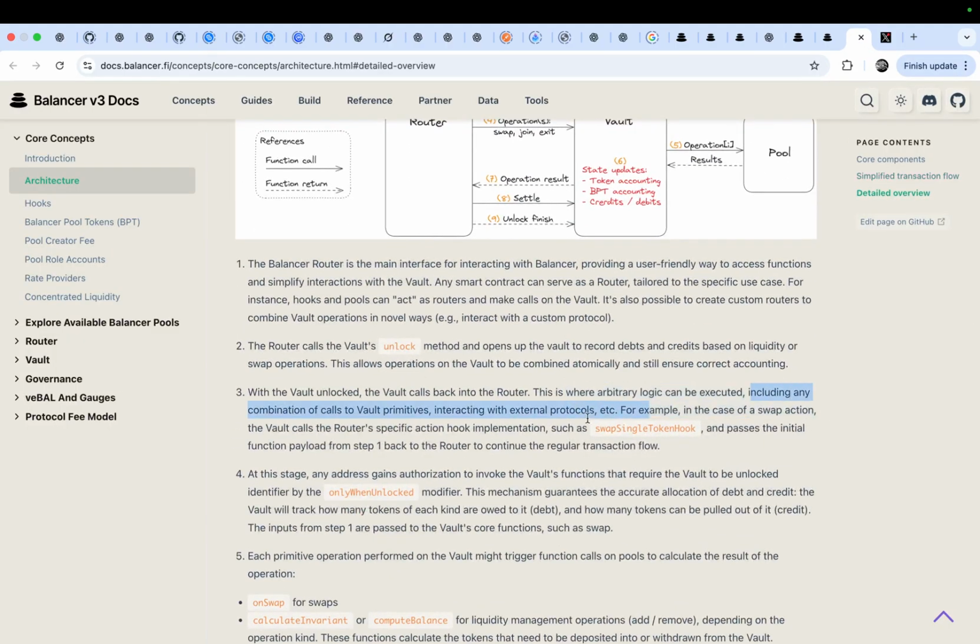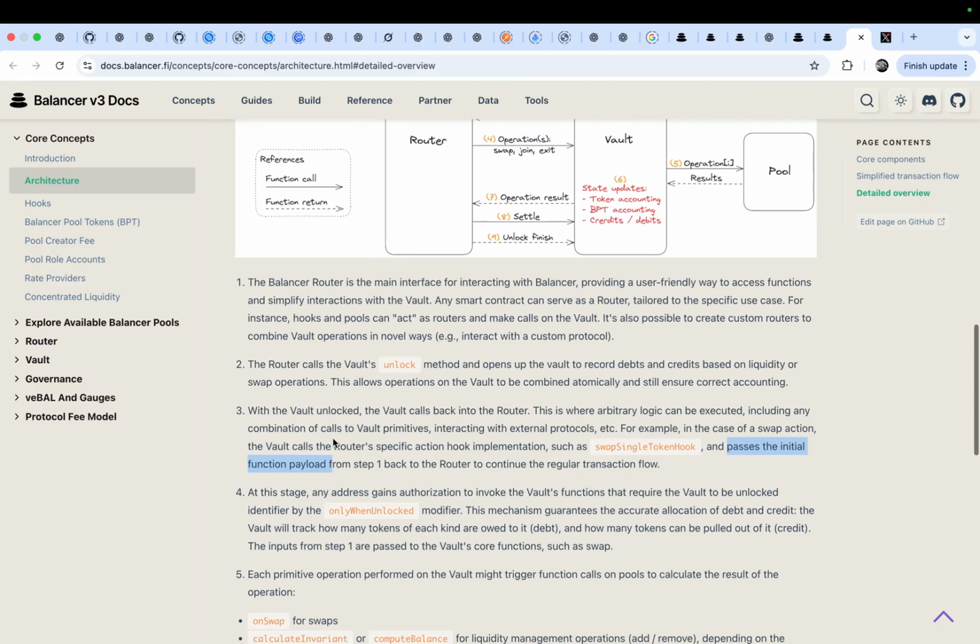And including any combinations of calls to vault primitives interacting with external protocols. For example, the flash loan. In case of swap action, the vault calls the router-specific action hook implementation, such as swap single token hook, and passes the initial function payload.